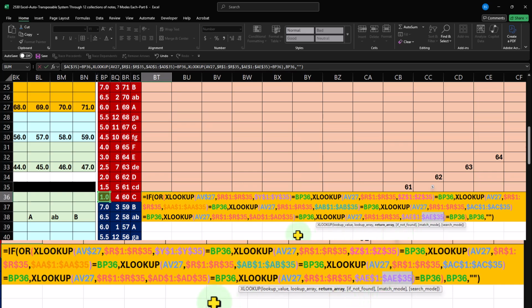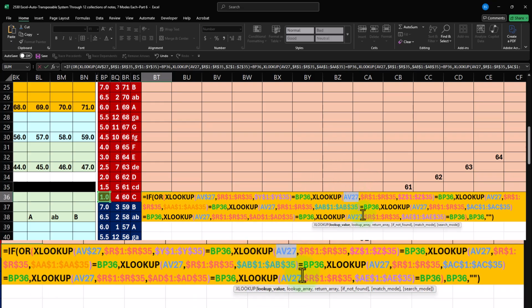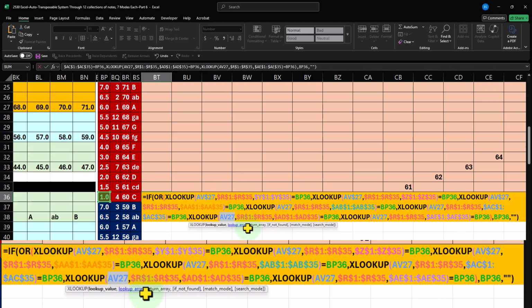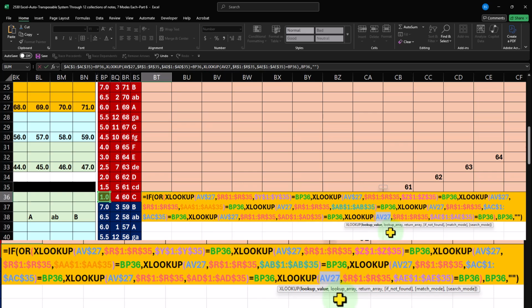And then all of the AV27s need to have a $ sign before the 27. So what I'm going to do is copy this one, and these are all the blue ones, so I can see those. And again, I could do a find and replace, but I can see them all pretty clearly here. So I'm just going to paste this one with the proper $ sign on the AV27. Boom. And then this one with the